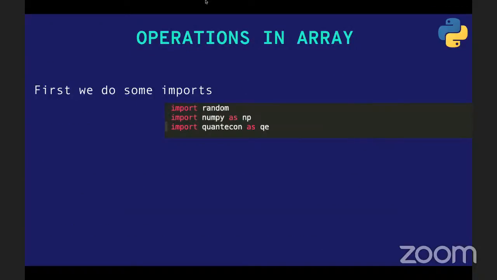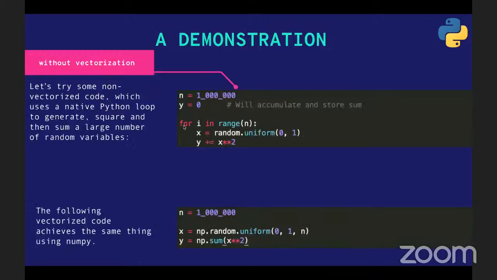So first, we do some imports. We import NumPy. Okay, let me just go. This is normal Python code. We want to run this code 1 million times. This is 1 million. We use an underscore instead of a comma in programming because we can't use a comma to name a variable. So we want to run this 1 million times. And with the vectorized code, we run the same 1 million times. Then let us now look at how